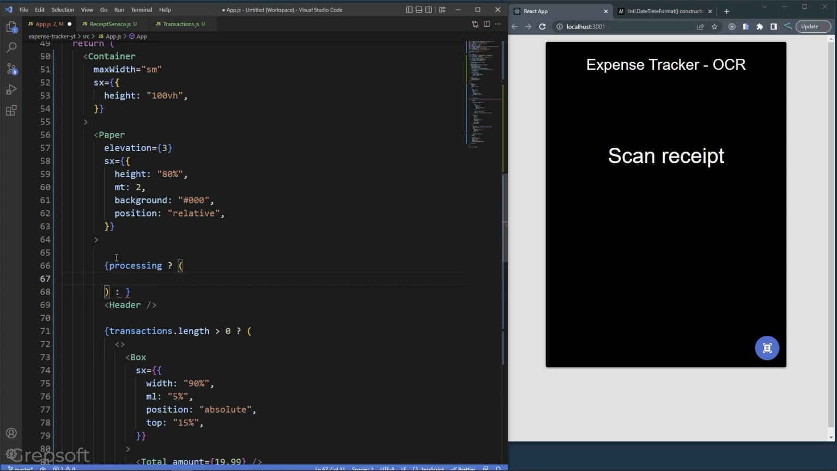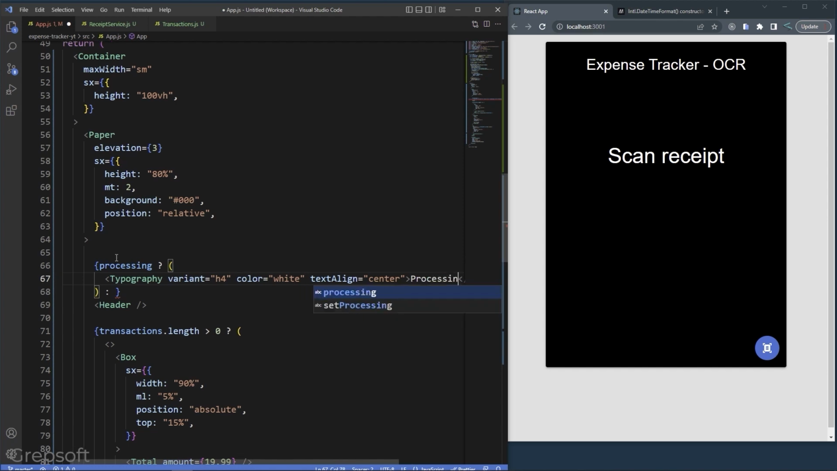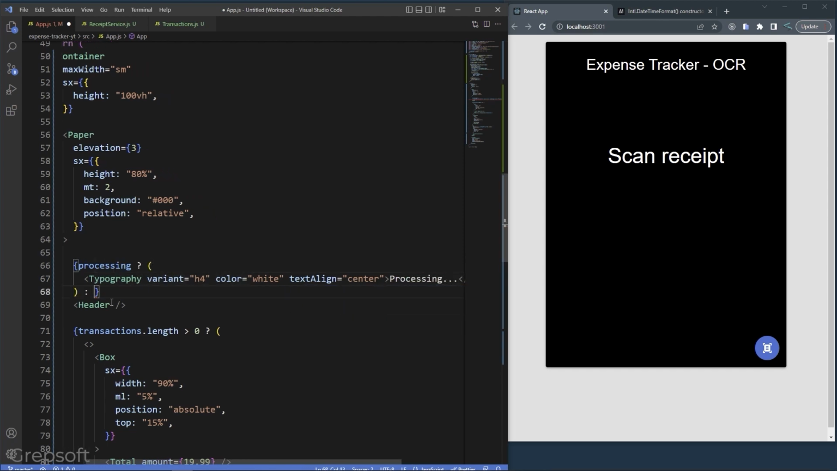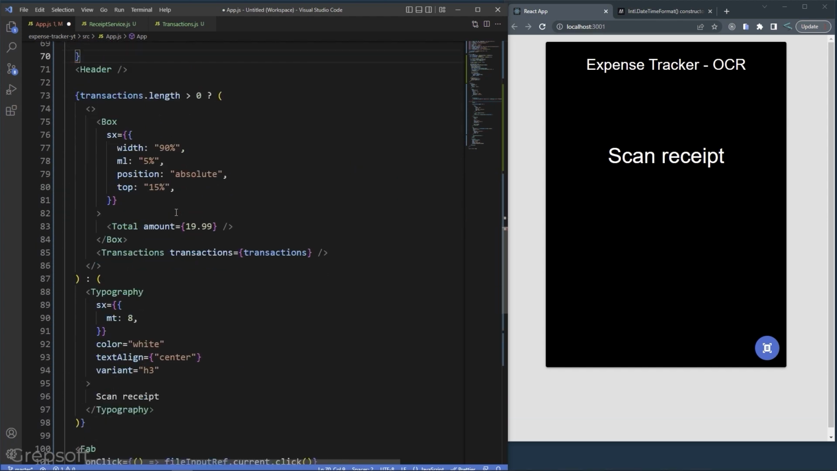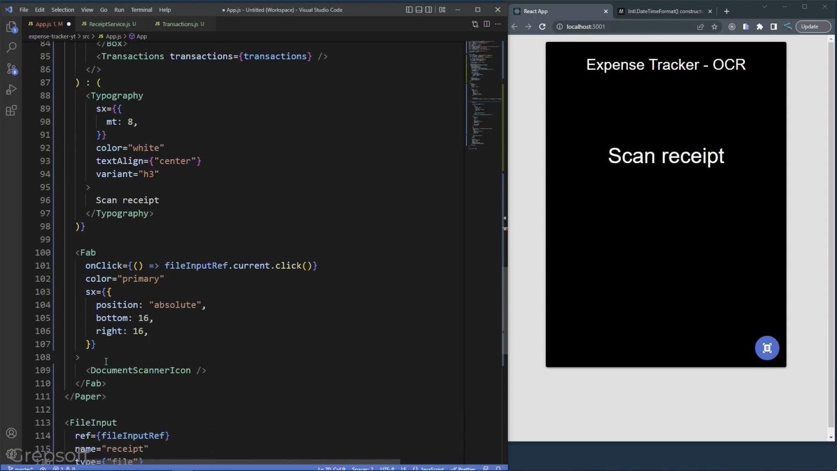Okay, so if processing is true, then I want to do a typography variant of, let's say, H4. Color is white, text align. I should probably make a prop out of this so I can just use it, but oh well. Processing like that. Alright, and then if not, then I basically take